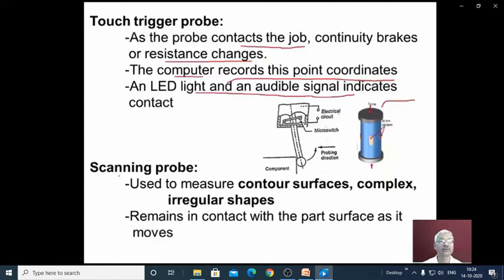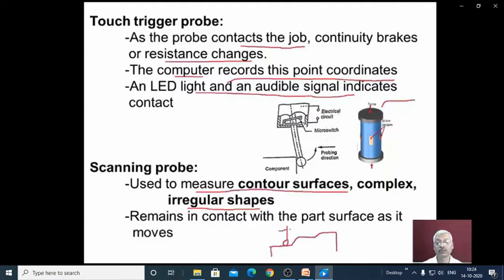In the case of scanning probe, this is used to measure contour surfaces and very complex irregular shapes. And this scanning type of probe remains in contact with the part surface as it moves. For example, this is the probe, and say this is the work part surface.